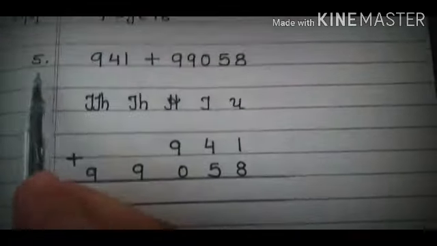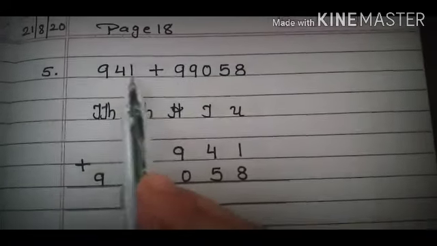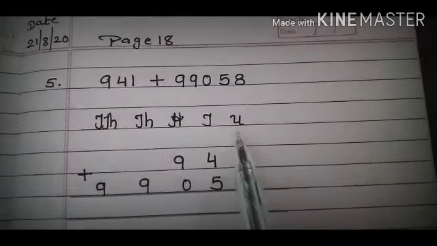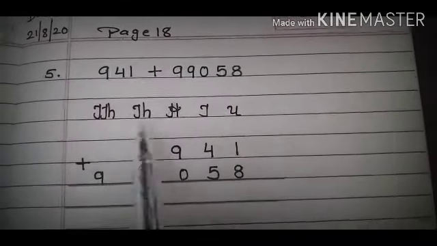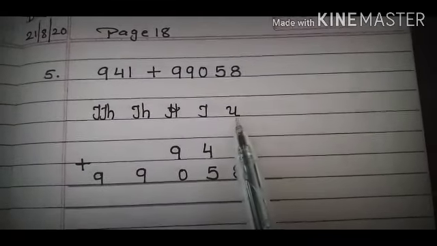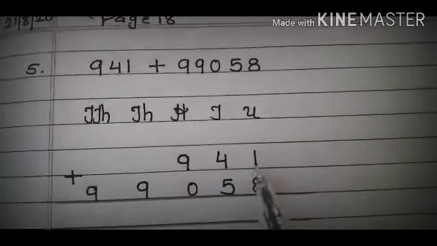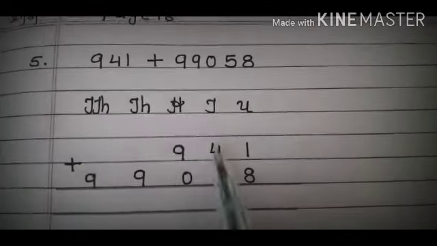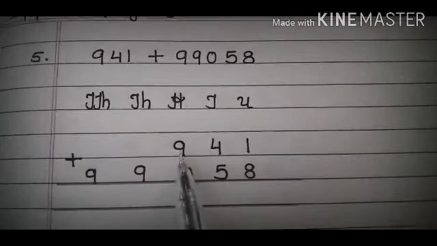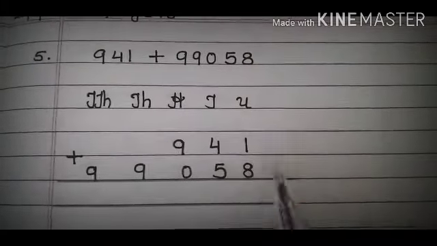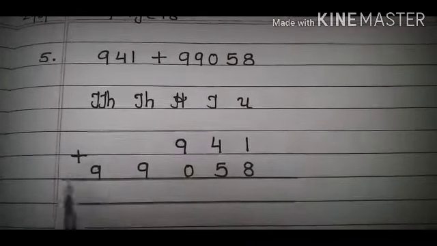Now example number 5. 941 plus 99,058. So arrange these numbers place wise and start writing your number from units place. So first write down in units place 1, then tens place 4, and then in hundreds place 9, because it is then much easier to write down the numbers place wise. Then plus